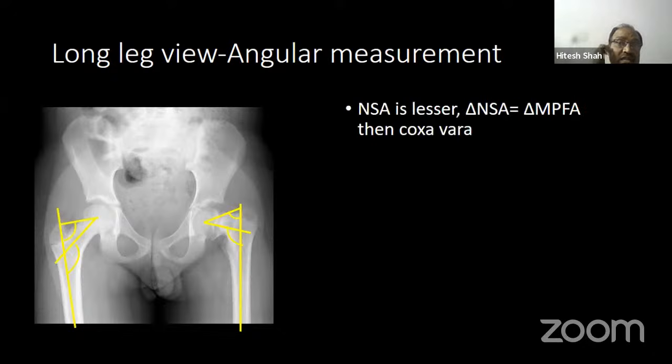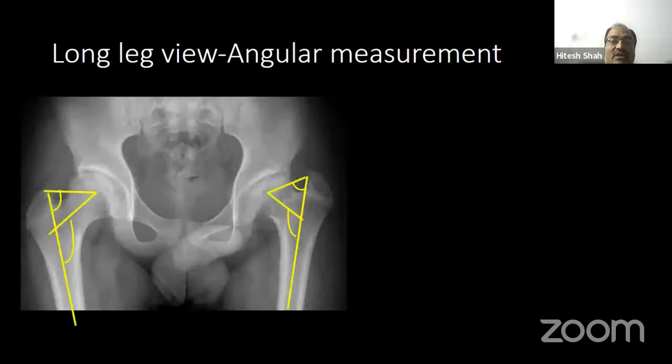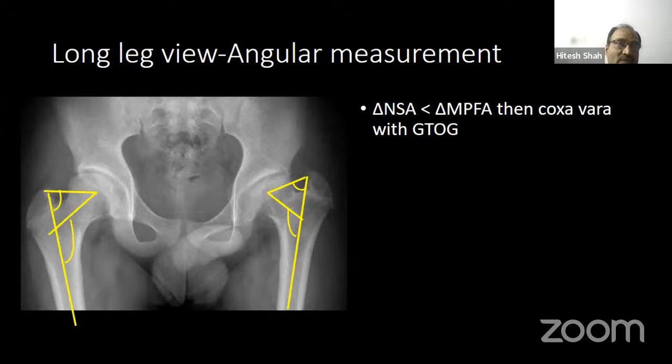If the neck shaft angle is less and the difference between both sides is equal, that is, the difference of the neck shaft angle and the difference of MPFA on either side would be equal, that is actually the true Coxa Vara. I am talking about the adolescent or near maturity. If we look at the neck shaft angle and MPFA, the difference of the neck shaft angle would be